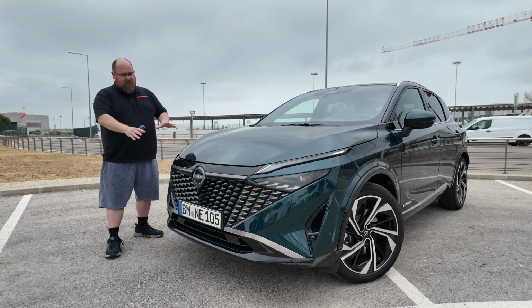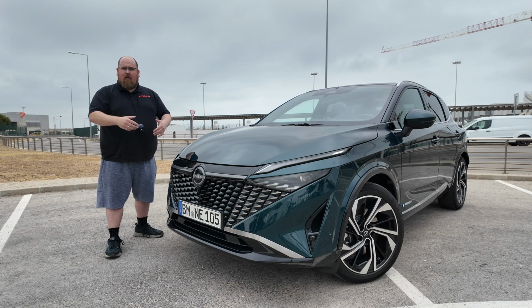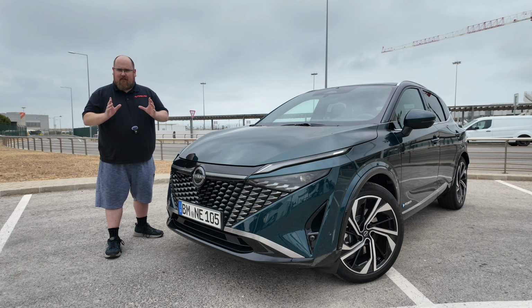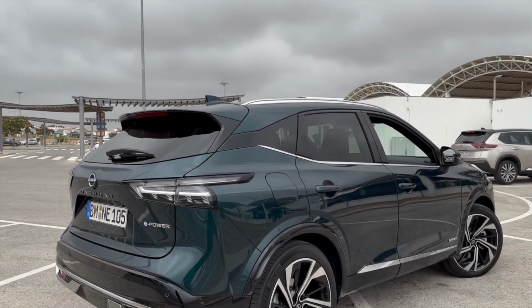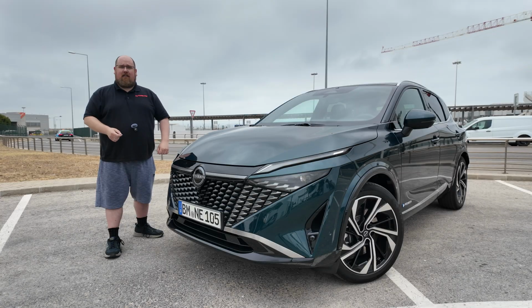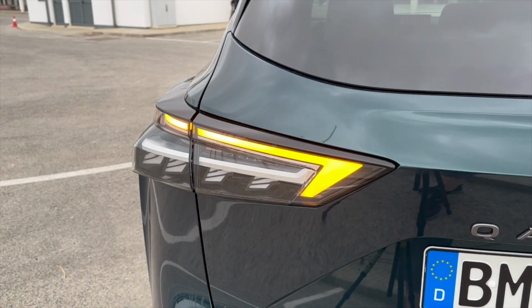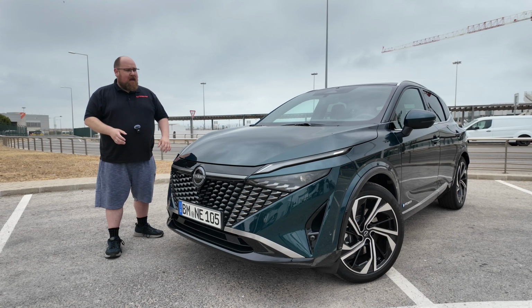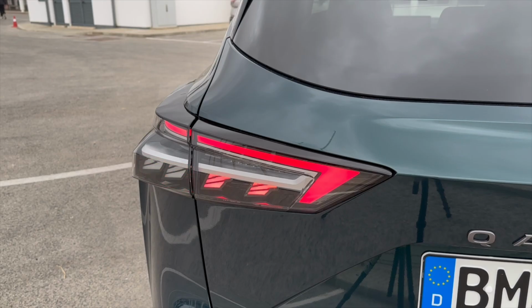But I love the fact that just like the Ariya EV, the Qashqai is kind of following its heritage in Japan rather than going for bold European styling. And then we've got the back of the new Qashqai as well, and I love the rear taillight design. So again, we have got dynamic scrolling indicators, we've got this clear see-through design as well, and depending on which trim level you go for, you get a deep red light from the brakes and also when you're driving with the tail lights turned on,